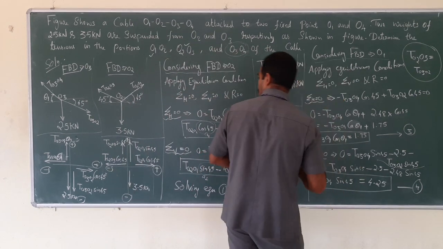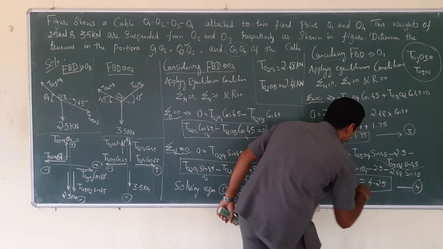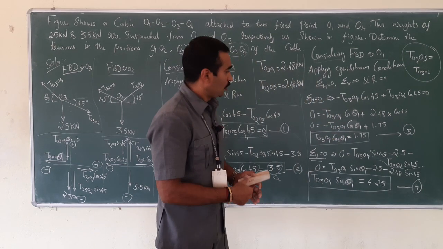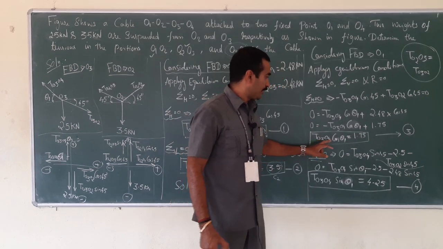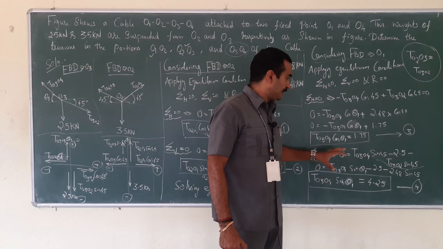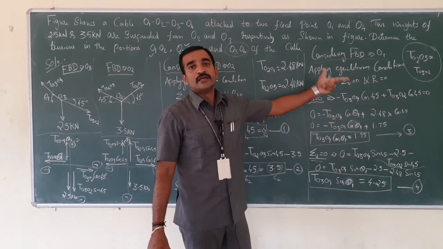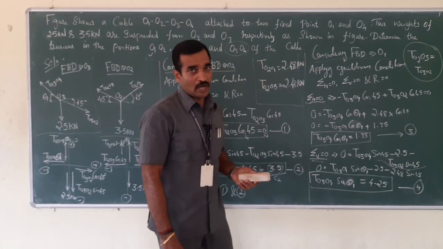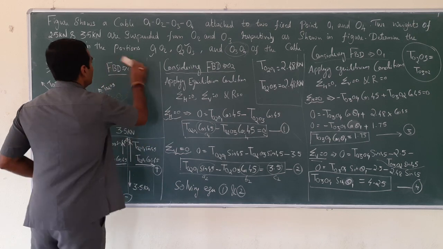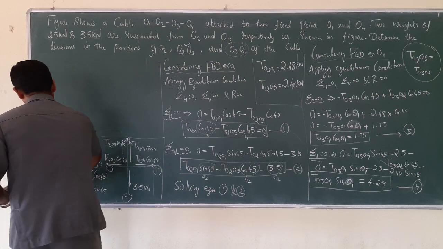Similarly, for here also, T O3 O4, I need to consider this as theta 1. Look at here. The unknowns are T O3 O4 and theta 1. So if I divide equation number 4 by 3, I will get in terms of tan, that is sine by cos. Since I don't have sufficient space over there, let me just wipe off the FBDs and proceed from here.